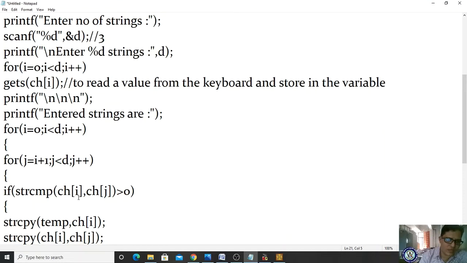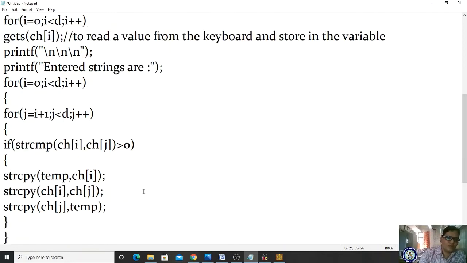Now comparing ch of i, ch of j, ch of 0, ch of j. So in ch of i, what is the value? Ch of 0 is smc, and what is ch of j? Shirva. It compares whether the result is greater than 0, then we process this.